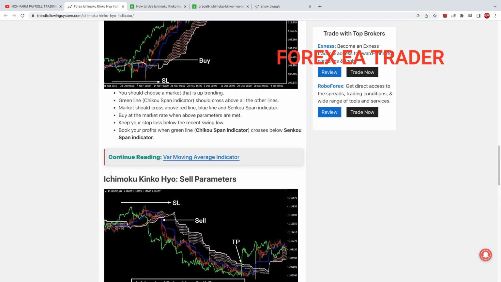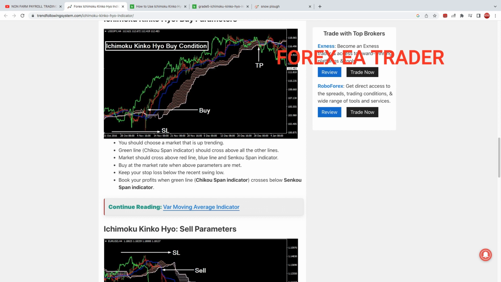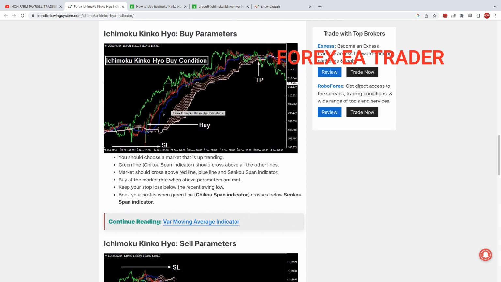I think these are some clear rules of how you can use it. What you first want is a market that is trending up. The green line, the Chikou span indicator, should cross above all other lines. It should be above all the red and the blue. Price should cross above the red line and blue line,